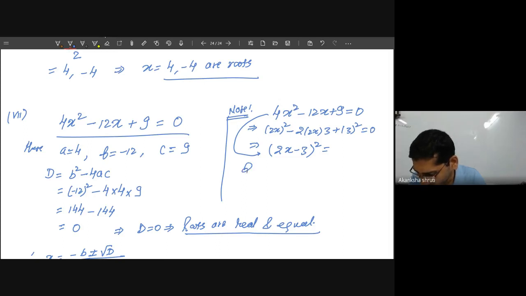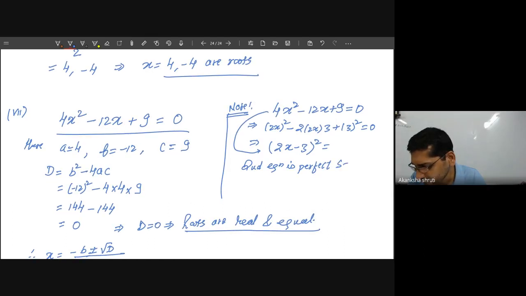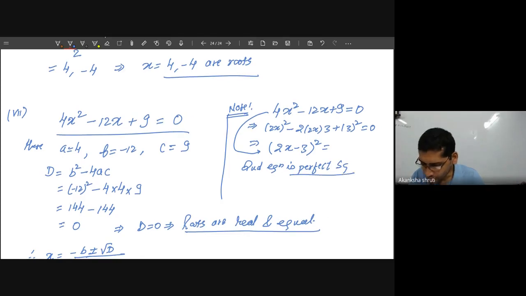So this quadratic equation is perfect square. So perfect square का मीनिंग ही यही है कि इसे आप होल स्क्वायर में बदल सकते हैं, but perfect square होने के लिए कंडीशन क्या रहेगा? D is equal to 0 रहेगा, यानी इक्वल रूट्स का कंडीशन रहेगा. So this thing you have to keep in mind. From here you can calculate what is the value of x.